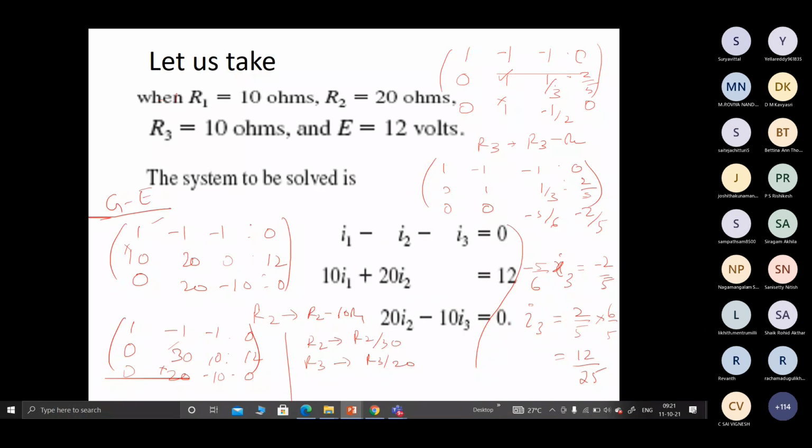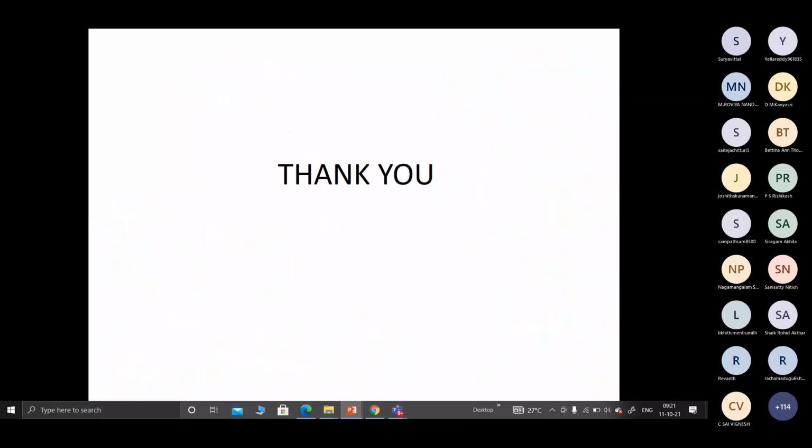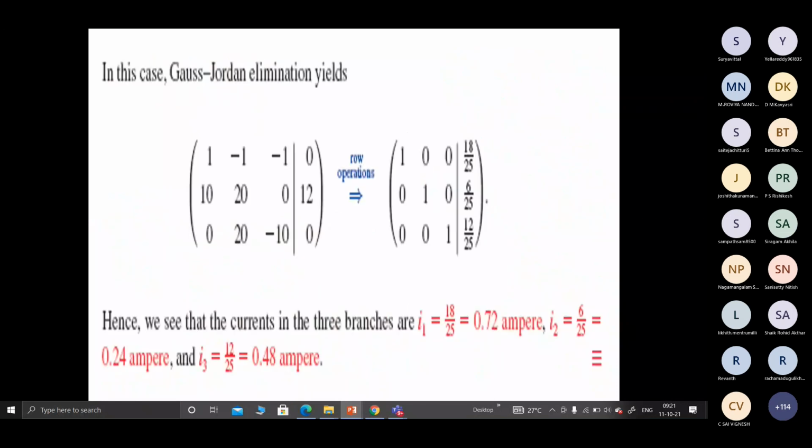Any questions? Understood how to find the solution? Please solve the remaining problems which are there. There are a lot of application problems in the textbook that you can also see.